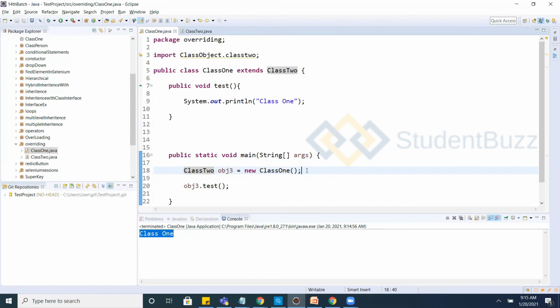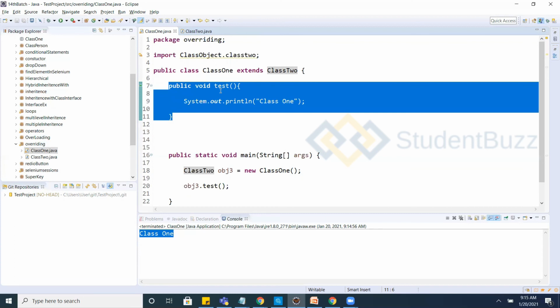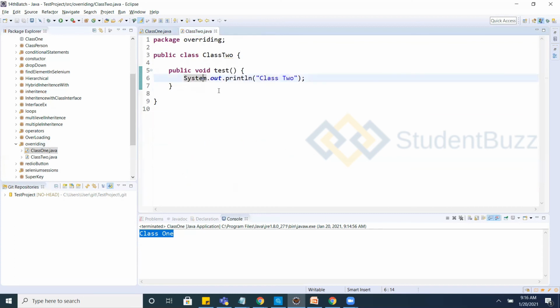When you are creating a child class object with a parent class reference, and you call a method, at that time it is calling the child class method. So when you are overriding, the method name, the return type, and the signatures should be the same.